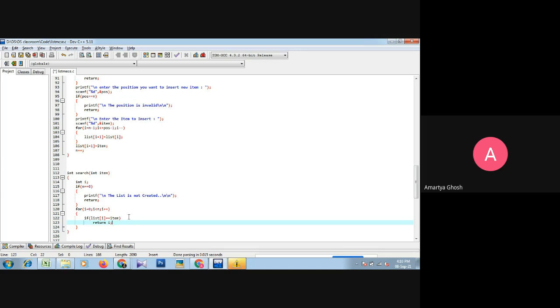Otherwise, if the item is not available, if the item is not matched with any value of the list, so the if is not satisfied.